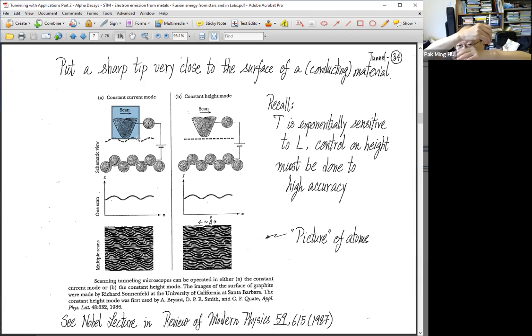It is like drawing out across one line the atoms on the surface of that crystal. Then you move the tube a little bit and draw another horizontal line again, and then by putting them together,